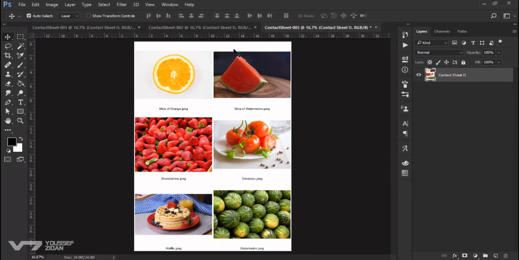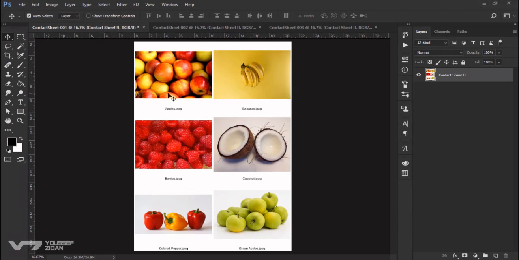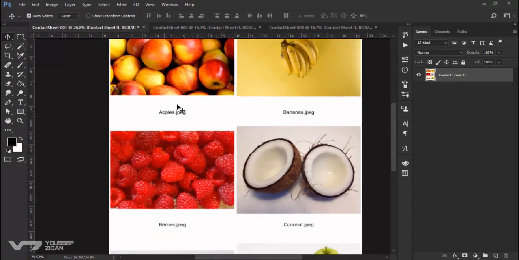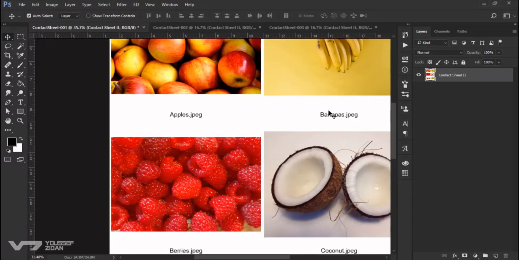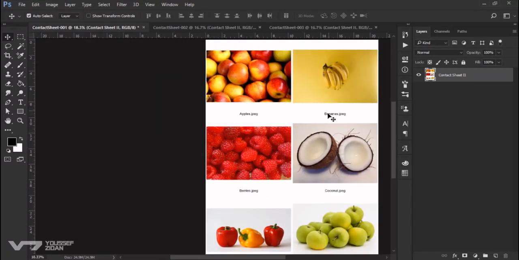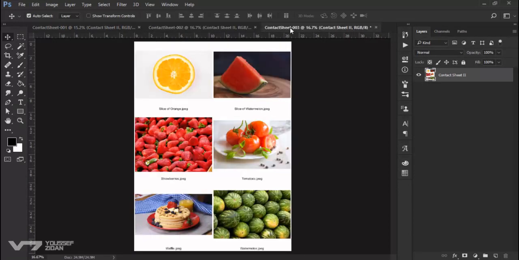Now, as you can see here, Photoshop has made well-organized sheets of paper with 2 columns and 3 rows, and below each image you can see its name with the font and the size we have chosen. Pretty easy, pretty quickly. And now if you want to print it out, just press Ctrl P